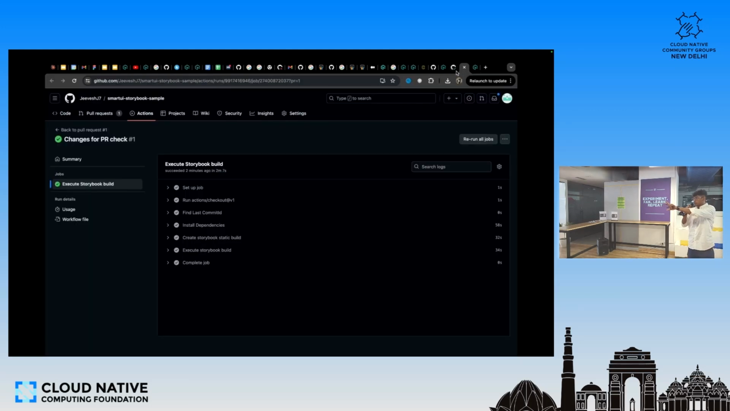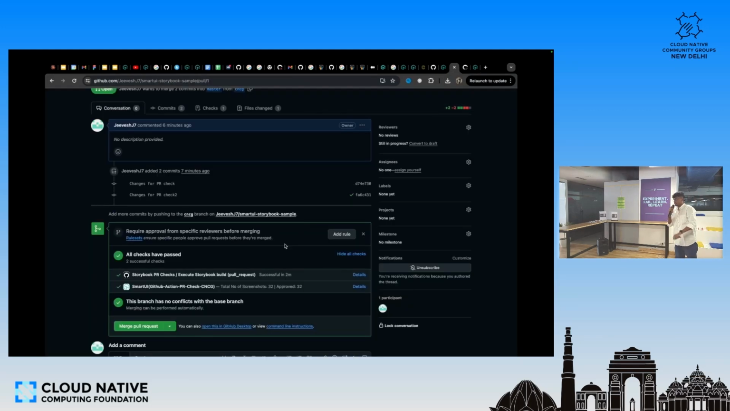So this is typically our dashboard. These are the checks that I showed you. You can see there are two ticks already present. I hope people in the back can see, but if you can't, there are two ticks that are present here,